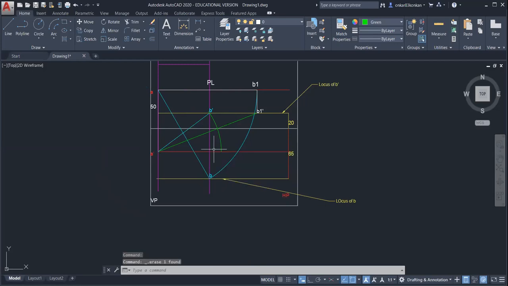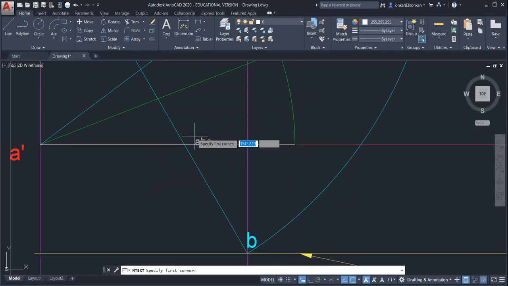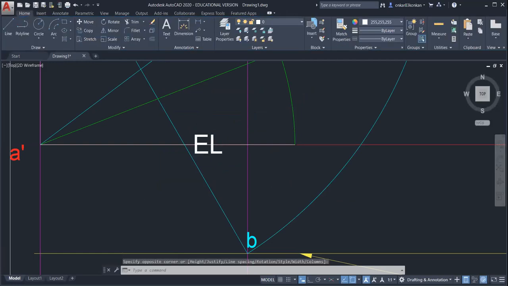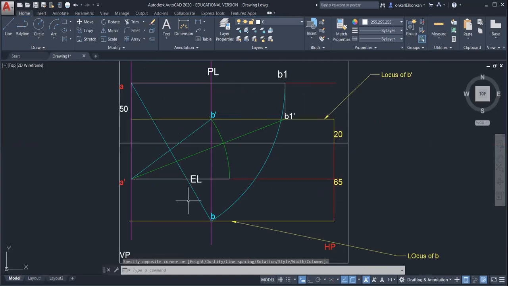So this is your elevation length. And this point, this is the B2 dash.